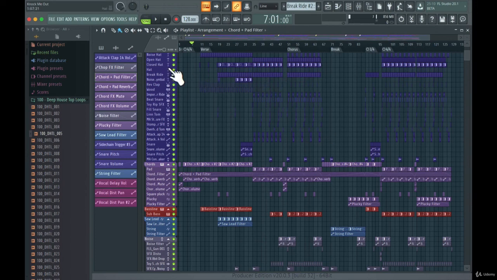Let's talk a bit about the different tools that we have in the playlist. You can see here we have our little toolbox, which I call it. And you can see draw is the first one, paint, delete, mute,